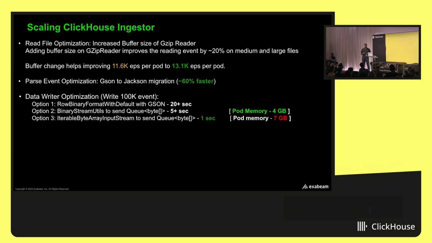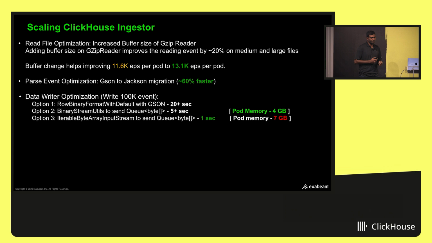The next thing we experimented with was to utilize multiple threads and convert every row into bytes before sending to the data writer, and use binary stream utils to send the data to ClickHouse, which took 5 seconds to transmit the data through the network. One more optimization is the ClickHouse recommendation to utilize the iterable byte array input stream to transmit the data. We already convert the rows into bytes and transmit to the network, which took 1 second, but